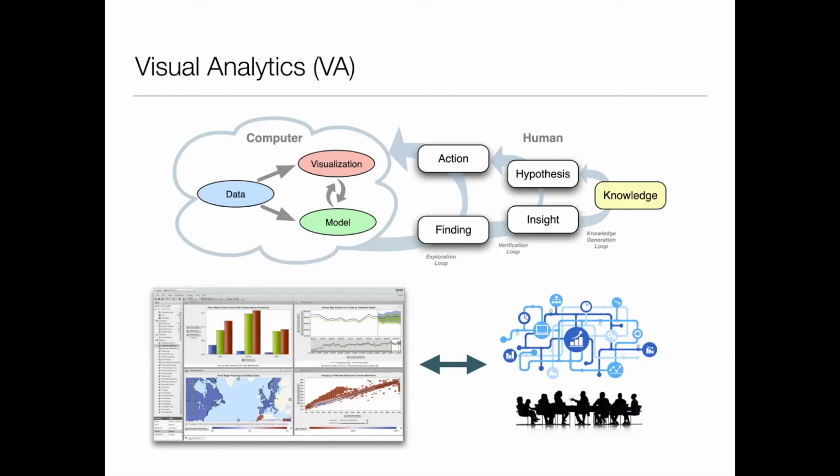Then it's interesting to see how the visualization and the model are not in a sequence, right? Which might be common if you think of a more streamlined analysis process. But in this case, we consider that the visualization and the model are more or less in parallel, because the visualization is showing the model, and through the visualization you can change the model. You can interact with the visualization, hopefully, if you have a good, interesting, advanced visual analytics system. Through the visualization, you can change the model.